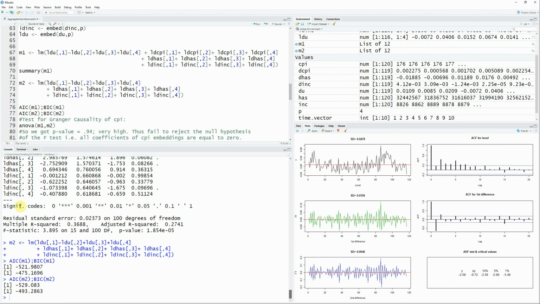AIC and BIC already tell me that, if I look at the AIC of model 1 is minus 521, and then the AIC of model 2 is minus 529. So that is smaller. And then for BIC, it is minus 493 to minus 475. Again, that is smaller. So both values are smaller. They both say that, hey, you don't need to